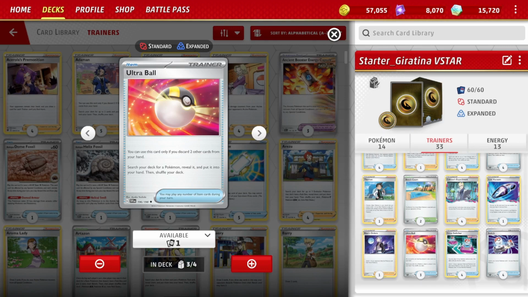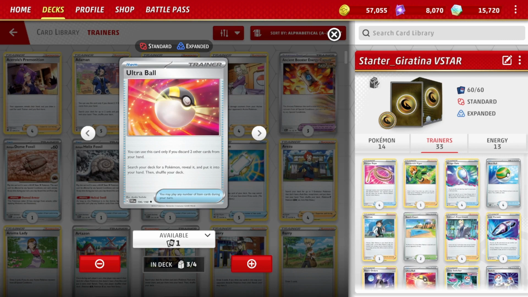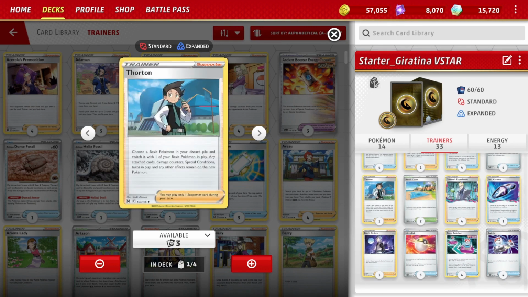That's the only way to get the V-Stars, right, to search for them, so that's useful too. Does play 1 Thorton. A lot of decks don't play it, but it is a useful card in some decks. I'm not sure in this deck how useful it'll be. We'll find out. But you choose a basic Pokemon from your discard pile and switch it with one of your